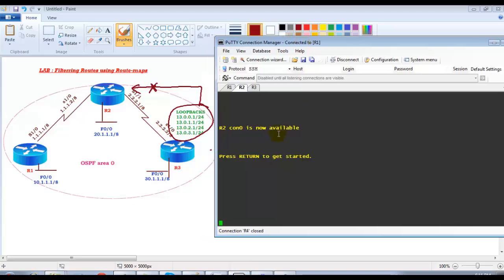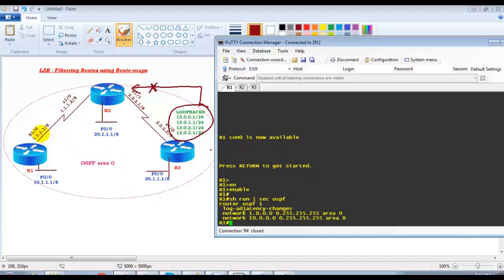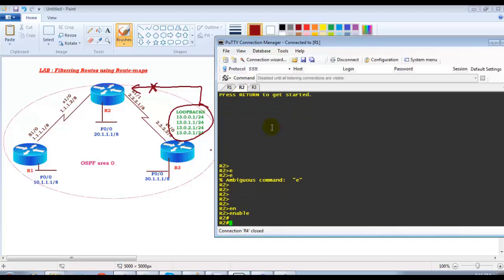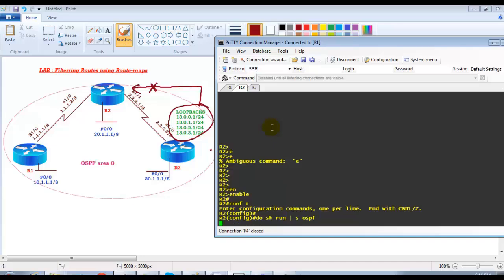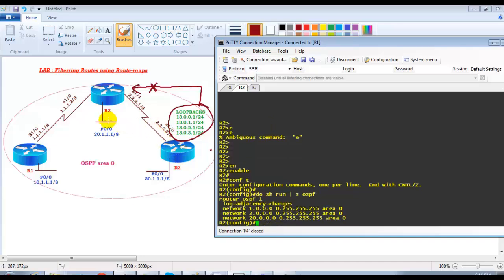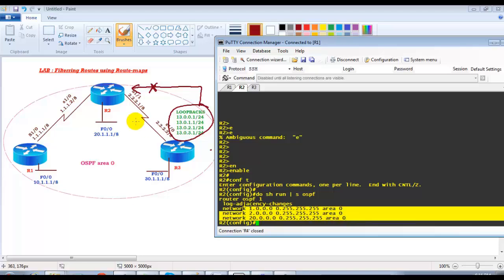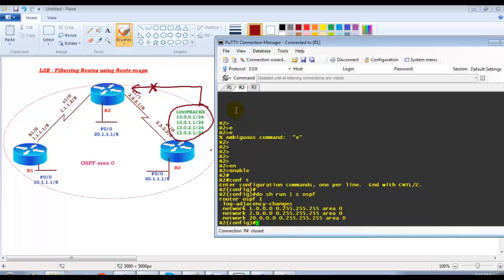So this is my screen here. On router 1, I have OSPF pre-configured. To verify, we can use show run | section ospf to verify the configurations on router 1. The 10.x network and 1.x network are already advertised in area 0. So on router 1 I already have the configurations, and on router 2 I have a similar configuration like we did in the previous lab. On router 2 also, the 20.x network, and the 1.x and 2.x networks are already advertised inside OSPF. And on router 3